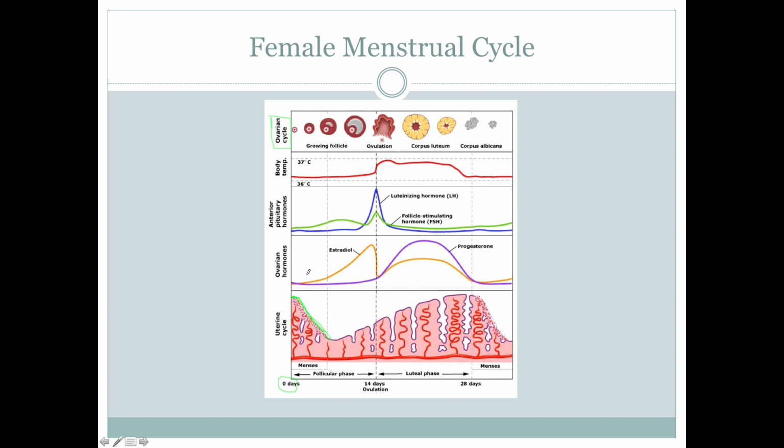But I digress. So when menses occurs, that's when the wall starts to slough off. So that's the beginning of the period. So that's the beginning of all these cycles, like the first day of the period or menses. And during this phase, we call it the follicular phase because this phase is predominated by the need to grow a follicle so that we have some mature eggs.